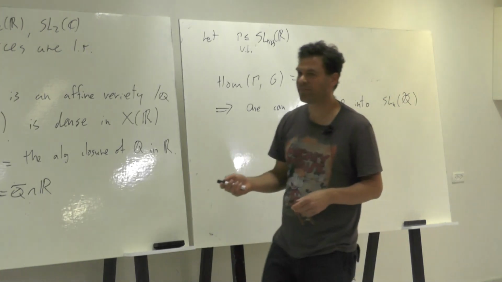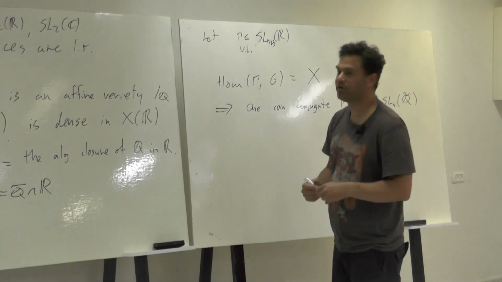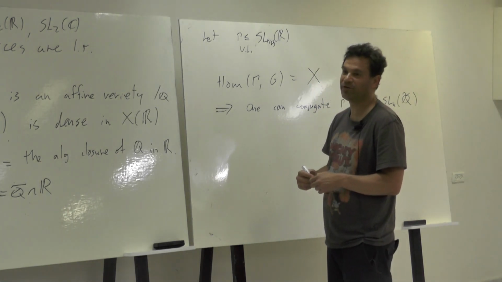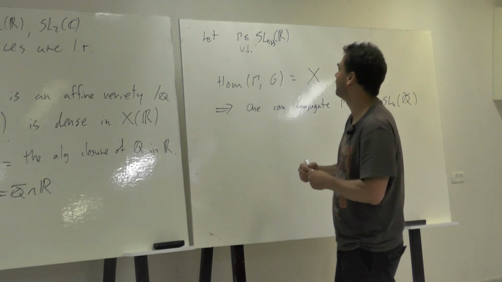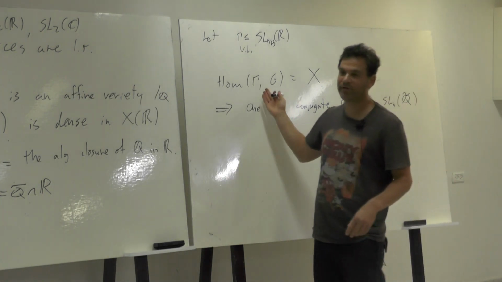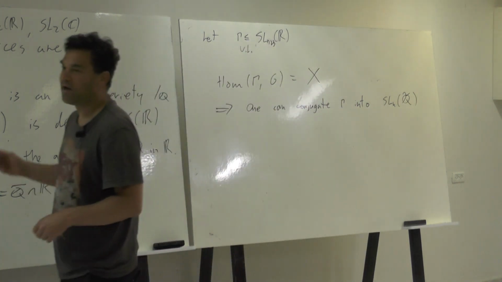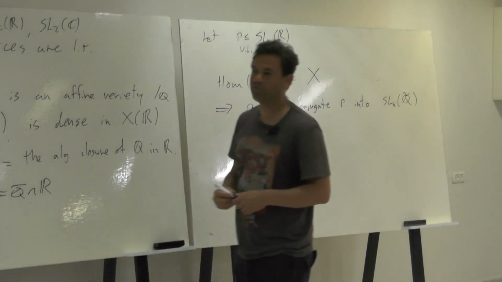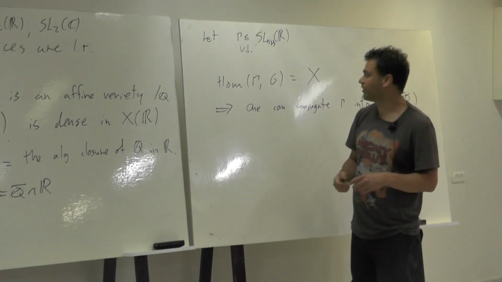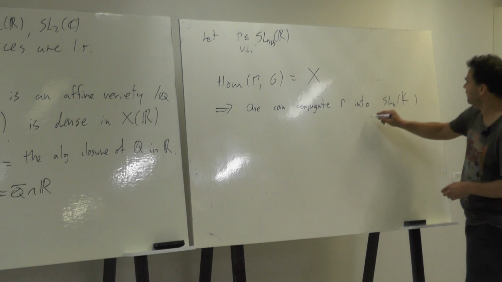For local rigidity. But you said it's true also in general. It's true also in general. Here I don't use co-compact. I don't need co-compact. But Selberg, okay, this appeared in Selberg's beautiful paper from 1960. And I think this was one of the motivations for him to conjecture. So it actually means that this sits inside SL_N(K), where K is a number field.